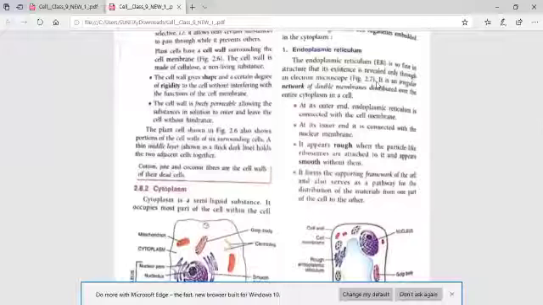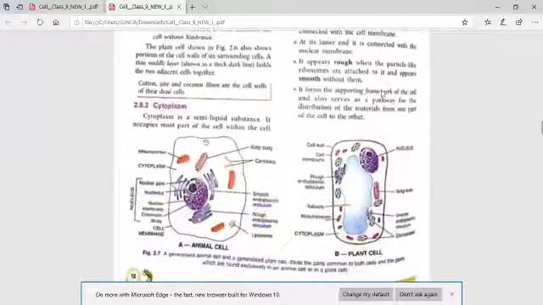First we'll start, which is given in your book, with the endoplasmic reticulum. You can see this network-like structure which is present surrounding the nucleus in both plant and animal cell. We call it the endoplasmic reticulum. So endoplasmic reticulum is what? It's a flattened sacs-like structure. It has different shapes. It might be sacs, it might be cisternae, it might be tubules.